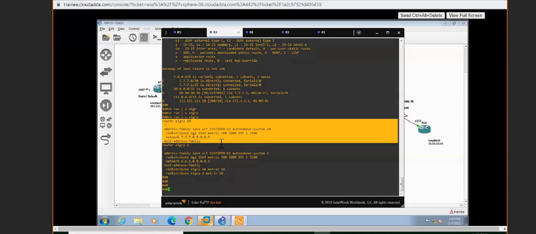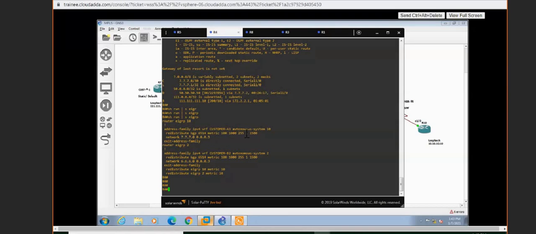So do we need autonomous system on this IPv4 family? He already configured, so okay. And would you like to check BGP? Not now. Router EIGRP 10, and then you have an address family for that. And then there is a router EIGRP 2 with another address family. Why did you run two different EIGRP parent